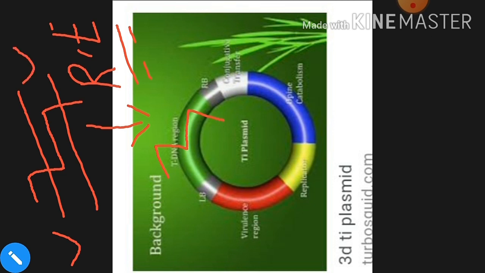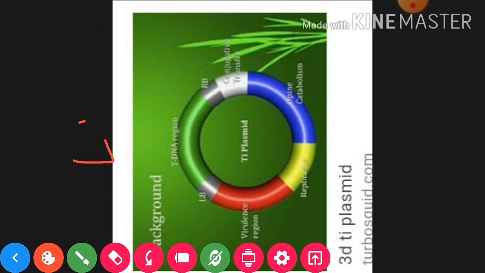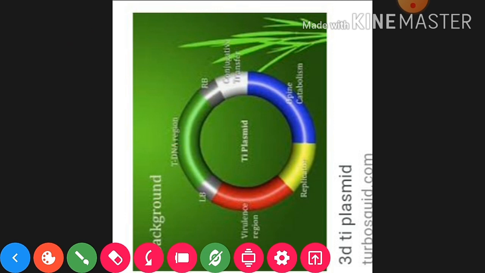First we make a cut here, and a similar cut by the same enzyme we will make here also for ligation, and also the ligation is carried out by another enzyme like ligase. Okay, it means to say, यहाँ पर अगर हम जीन को अगर हम यहाँ लाइगेट करेंगे तो दो तरह के एंजाइम, कट करने के लिए कौन सा होगा, रेस्ट्रिक्शन एंडोन्यूक्लियस एंजाइम, और उसको लिंक करने के लिए कौन सा होगा, मस्ट हैव टू रिमेंबर ligase.